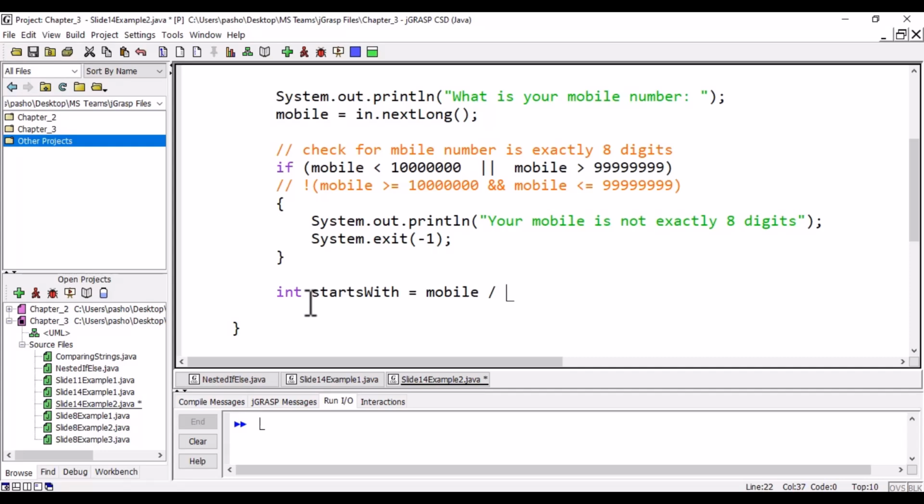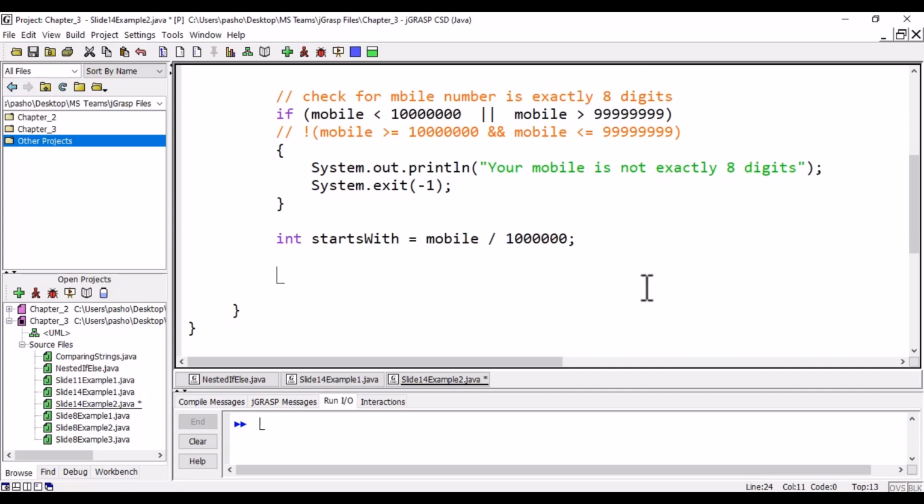We need the first 2 digits, so we need to get rid of 6 digits, so we divide by 6 zeros. This will get rid of 6 digits on the right, and we'll keep the ones on the left. We will see that we will have a problem here, a conversion problem. So we will check now for startsWith